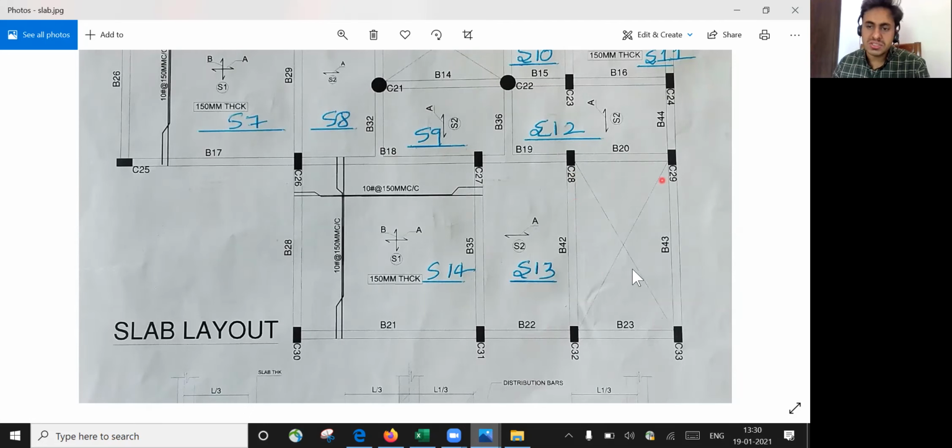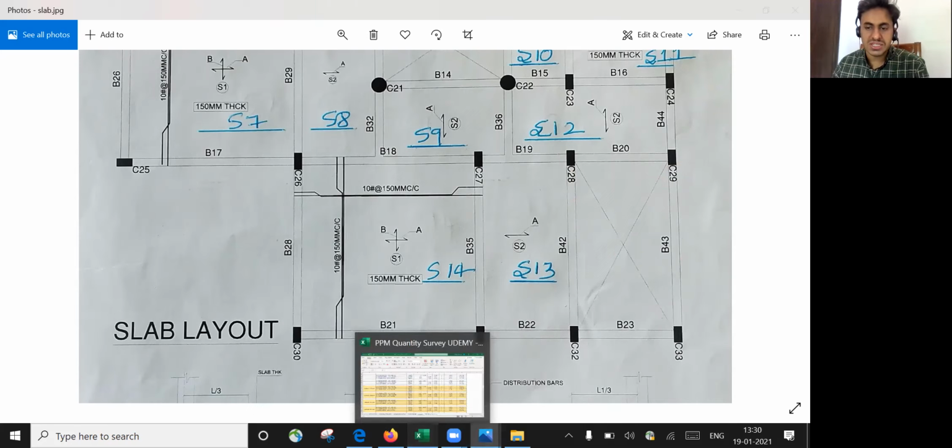So since this is a staircase coming here, you don't have any slab here. So this also becomes my outside shuttering and this also will become my outside shuttering. Even though it's an inside shuttering, here you don't have any slab. Since you don't have any slab, you don't have to do the deduction for the beam while finding the shuttering. So we'll try to understand this. The beam coming here is B43. So I'll go to B43 beam. It is a staircase portion.